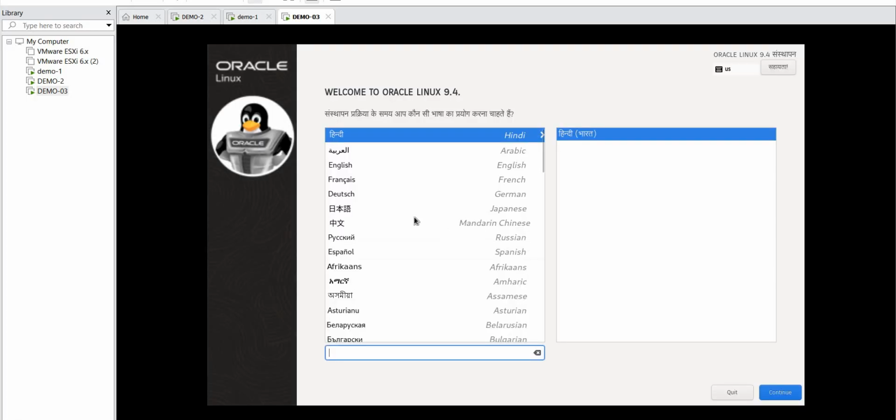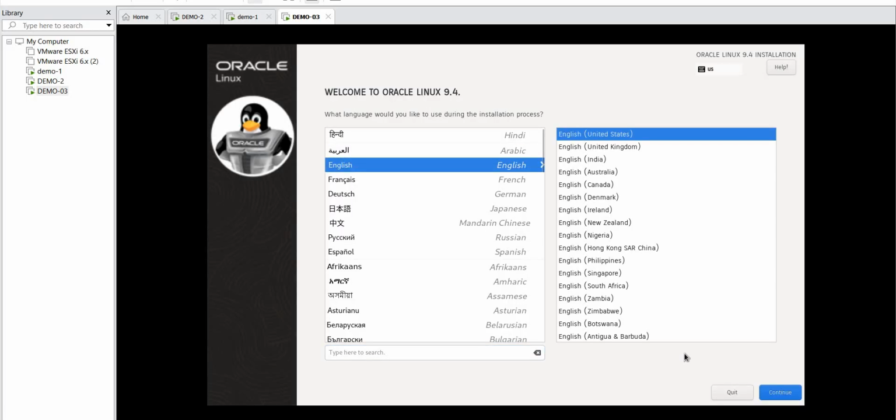So this is the console. In our companies also, the VMware team will be holding these images. So you can see that you can select the operating system language, whether English,